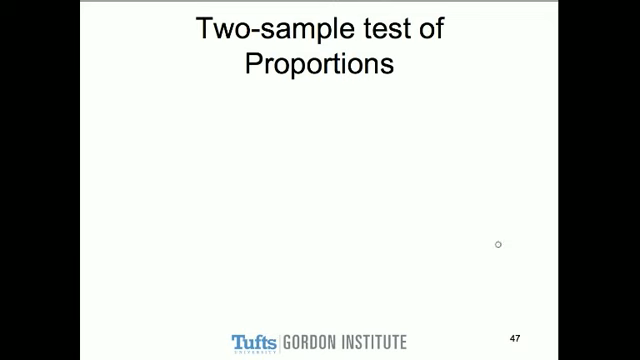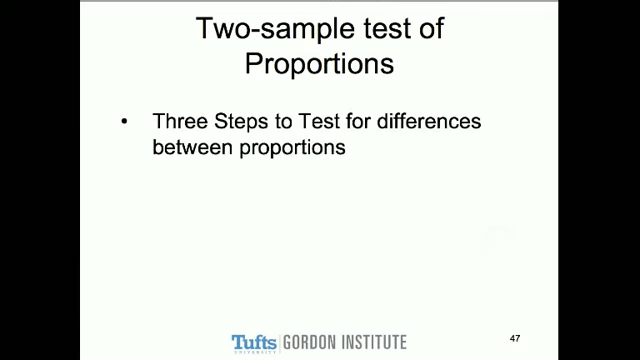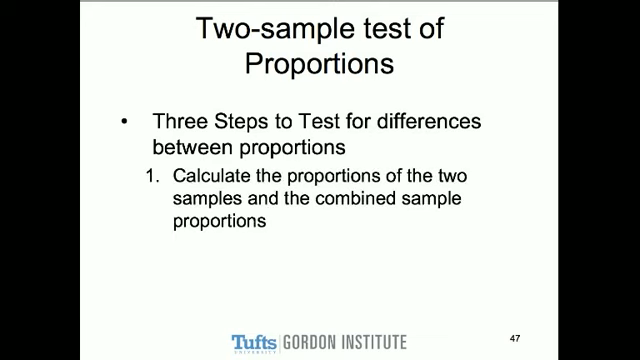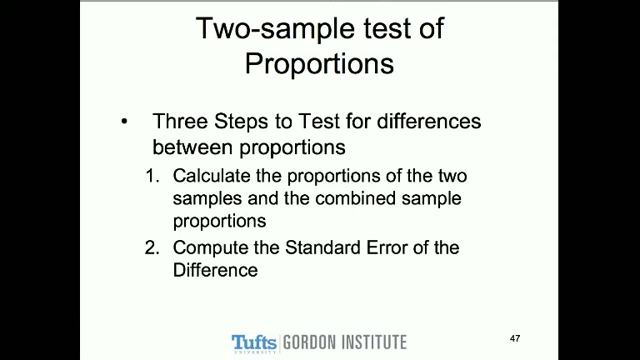Okay, so there are three basic steps, as I try to do with some of the other calculations we do. Just try to put it in steps for you. So the three steps are: one, calculate the proportions of the two samples and the combined sample proportions. Okay, need those to translate the data. You need to compute what is called the standard error of the difference, because you're comparing two